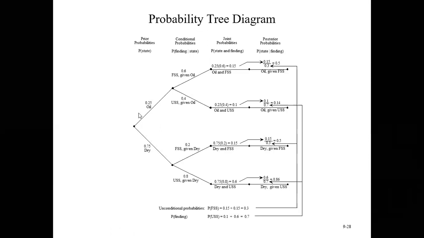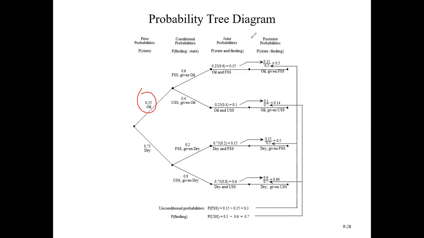So we started off with a 0.25 as a probability of having oil. But now with this new information that we have, we can come up with a more informed decision where we can say,